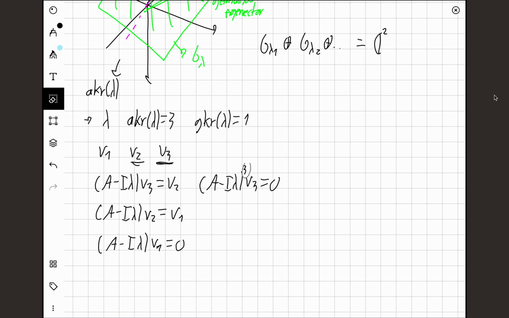But if this wasn't cubed, if this was only squared, well, then we see that this would not be equal to 0. This would be equal to v1. So this is how higher rank generalized eigenvectors work. They decompose into one another, and this kind of makes sense, because eventually, if we have let's say